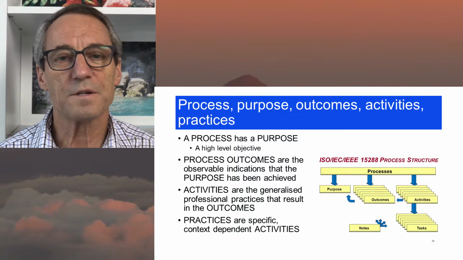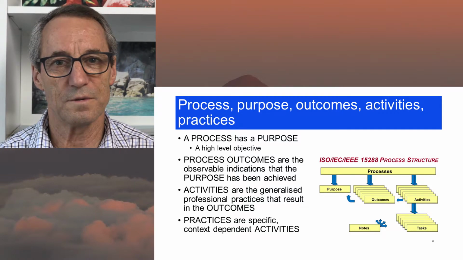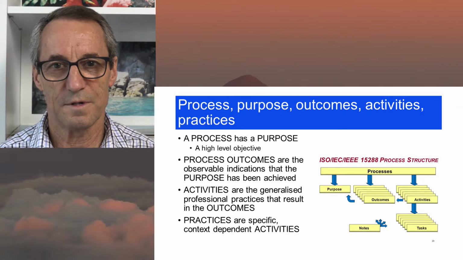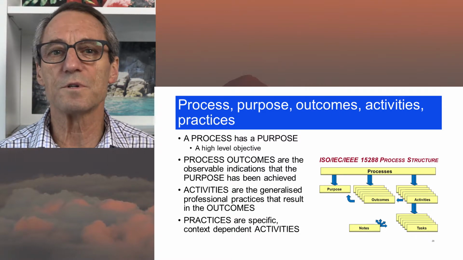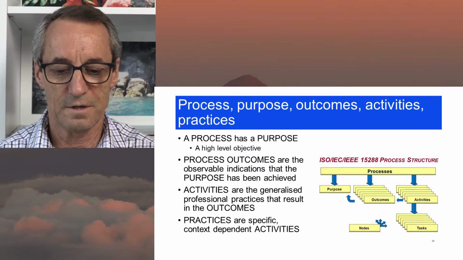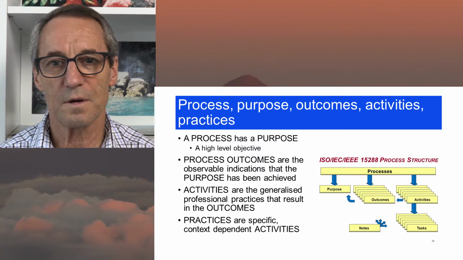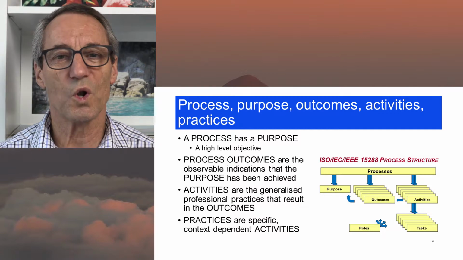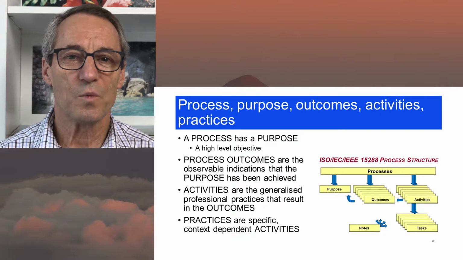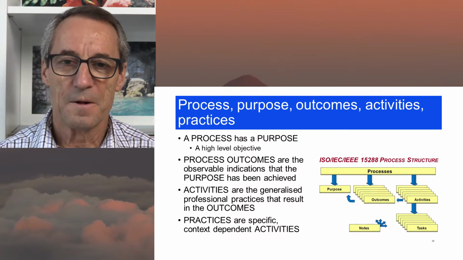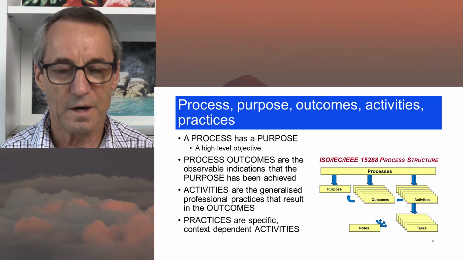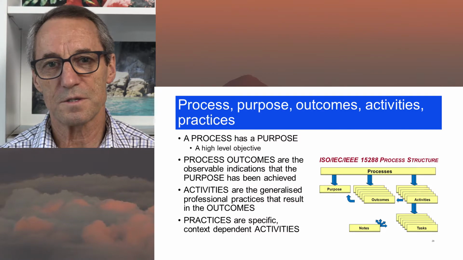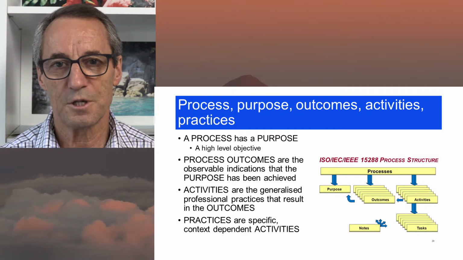Now that is actually fairly central. What is the objective? Example is if you're doing software architecture, the objective is to produce a usable architecture. And there may be some more words around that to say, well, not only what you have to produce, but what it has to achieve.